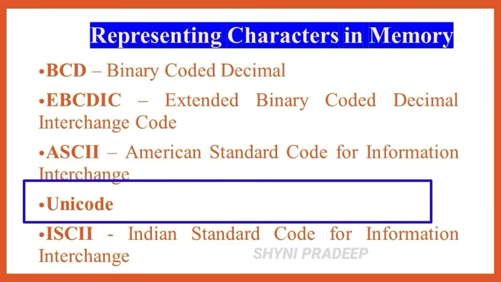And the next Unicode, this is most popular in modern computers. The ASCII encoding system represents only 256 characters. Therefore, English and European languages only can be handled by ASCII. But this Unicode handles the languages like Tamil, Malayalam, Kannada and Telugu. These languages could not be represented by ASCII. Okay, this is a 16-bit code and it can handle 65536 characters.